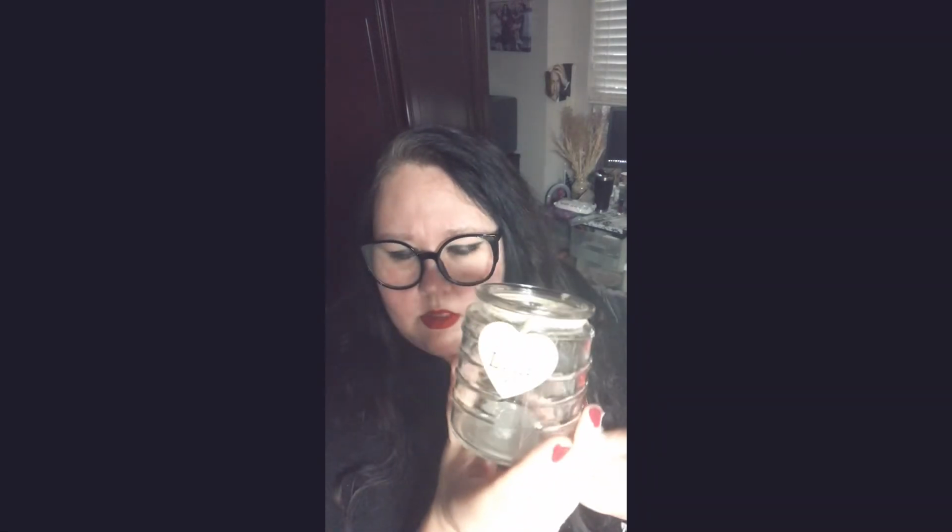And then they had these little jars. Now these I did find back in the candle section, but they had a bunch of different colors and then little tags, but I like these little ones with the wooden loves on them because every now and then I try to be a little girly, glammy, whatever,